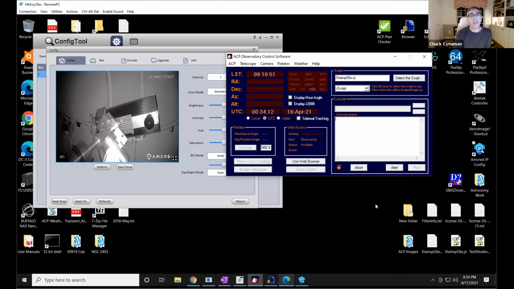There we go. Okay, so it's running an automated script right now for the startup, and I'll show you the various equipment in there. But what it's going to do is first start powering on all the equipment, and then it will connect to the various software packages to run the mount, the telescope, the dew heaters, everything that's in there. And while it's doing that, again, I'll leave the live image up there so that you can see it.